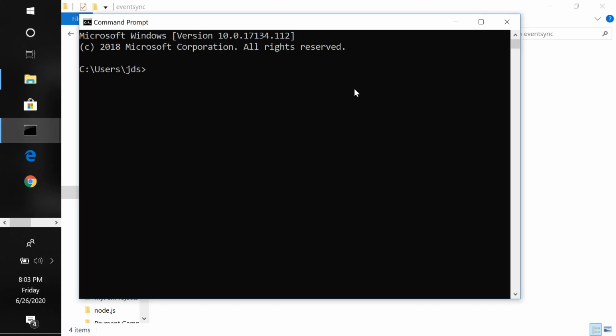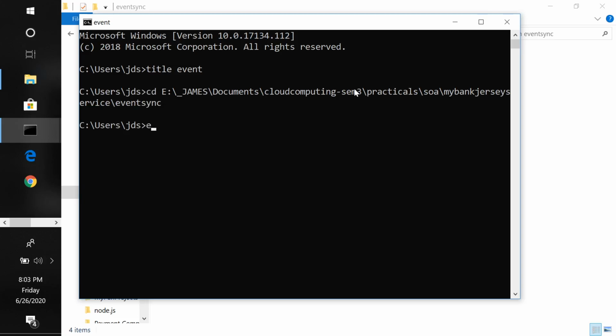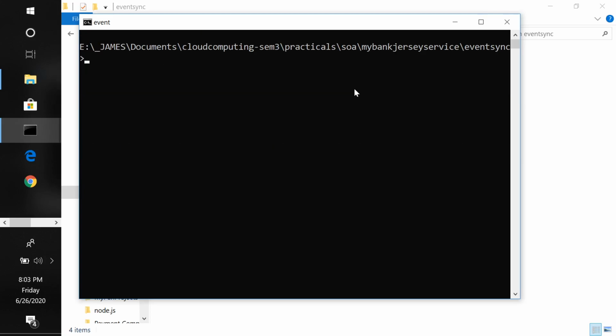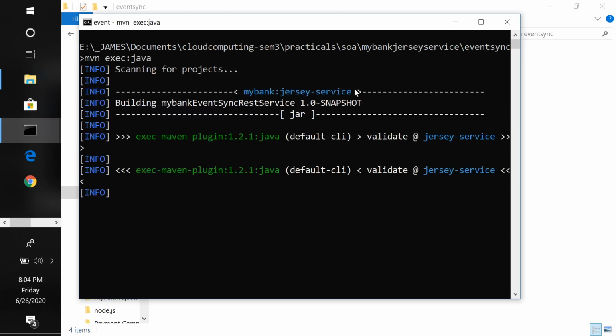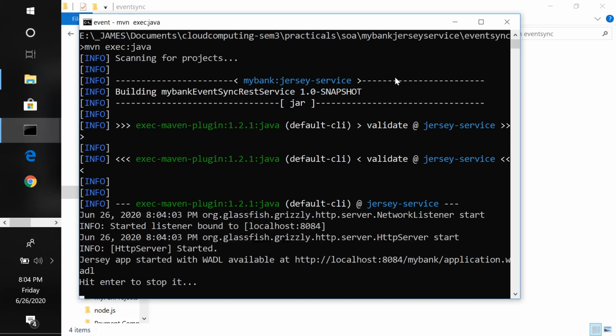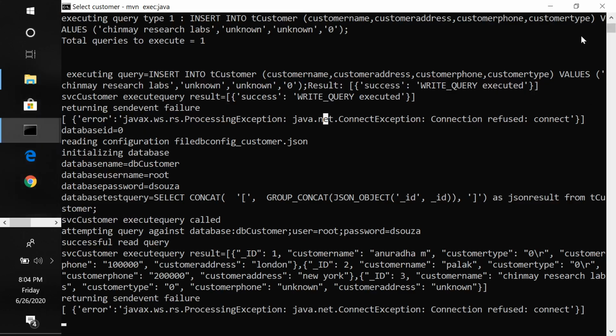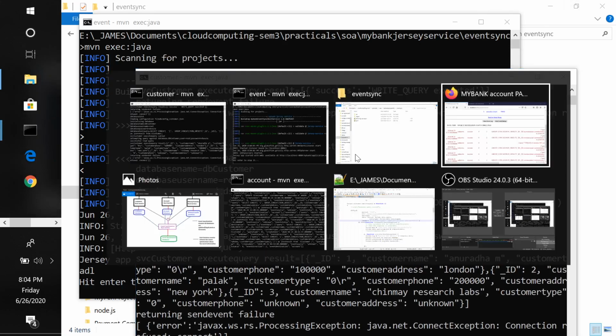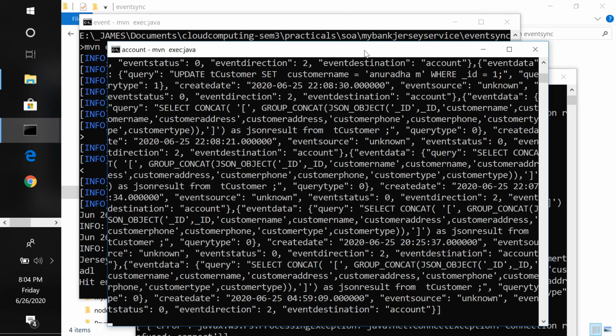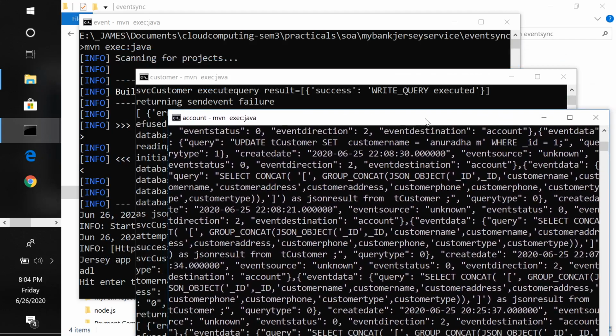So first let me set the title so that I know which window is responsible for what. And let me start the service. Okay, so this event synchronizer is running on port number 8084. So now if you notice, I have got 3 windows, 3 different applications, 3 different services running.